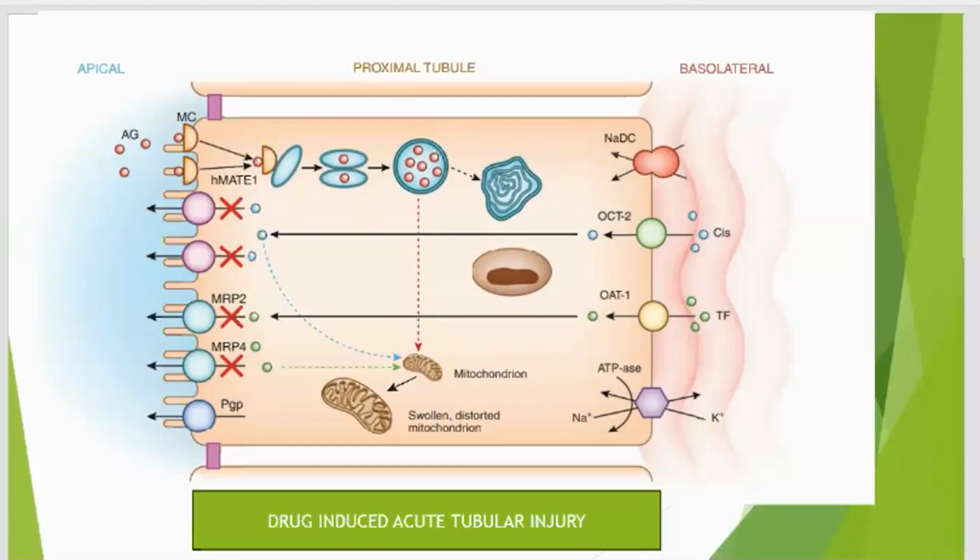Another group is aminoglycosides, as we can see on the apical side. Aminoglycosides like tobramycin, gentamicin, and amikacin are associated with acute kidney injury in some 10 to 25% of patients. They are largely removed by glomerular filtration, and they are endocytosed via the megalin-tubulin receptors on the apical membrane. And thus it enters the cell, from where it enters the lysosomes,